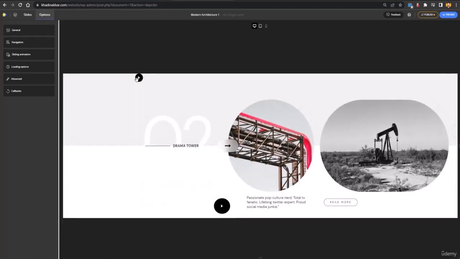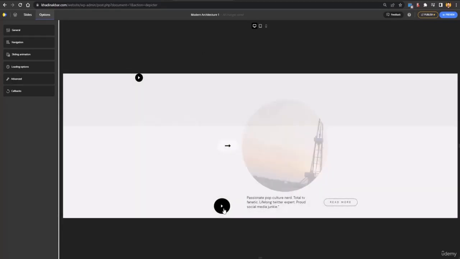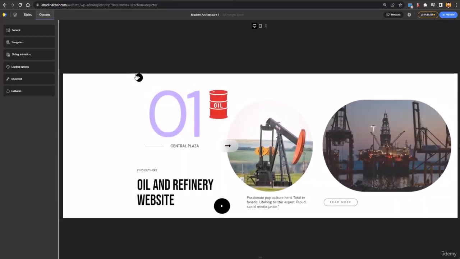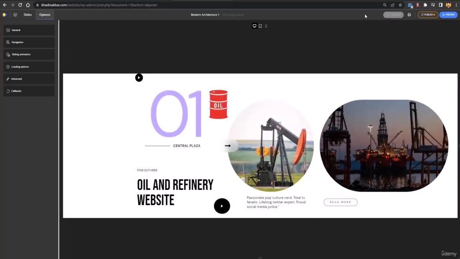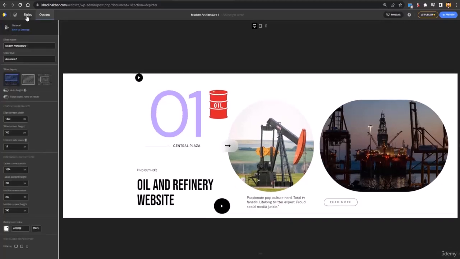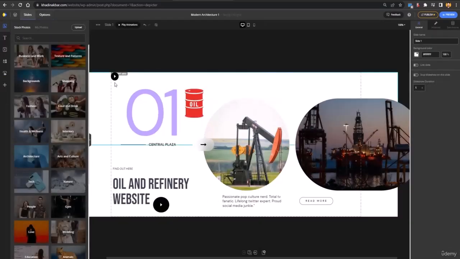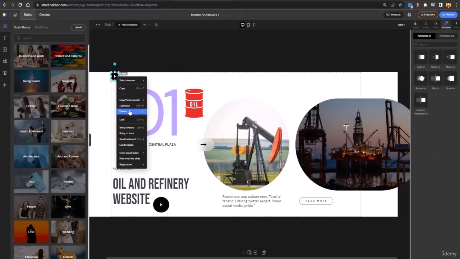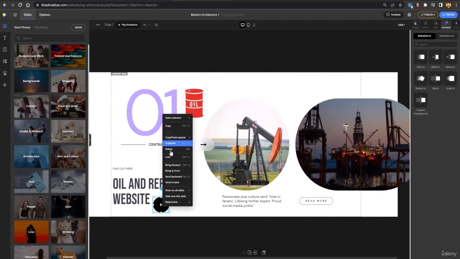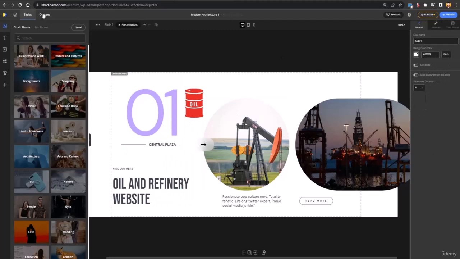So here you can see we added two options. So when someone will click on this one, they will just be switched, and they will go back to another slide. But we don't want it, so what we'll do is we'll just go back to the slide section first, and we'll just remove these unnecessary controls. And again, we'll just go to options,